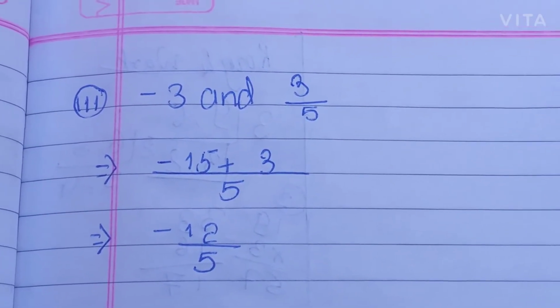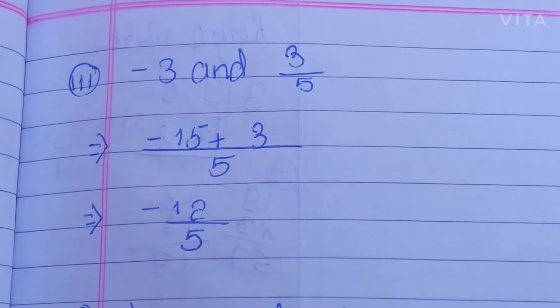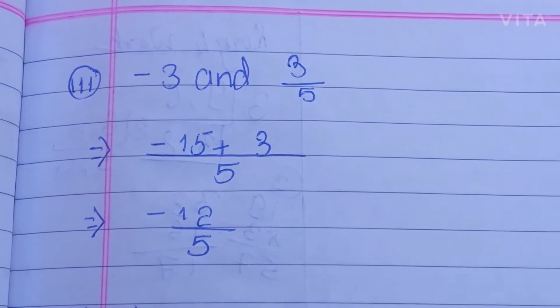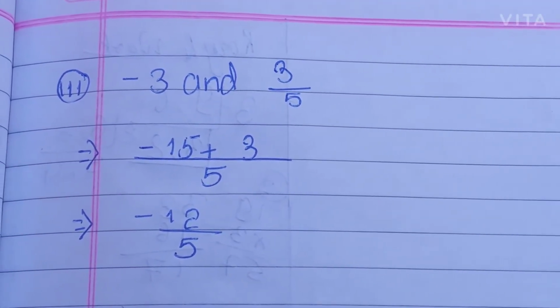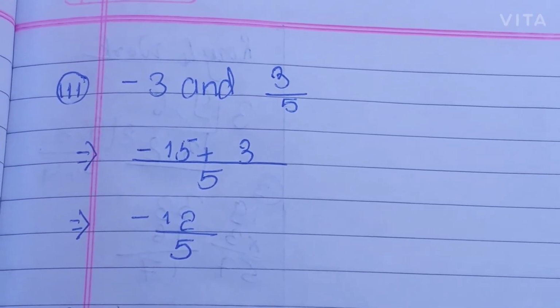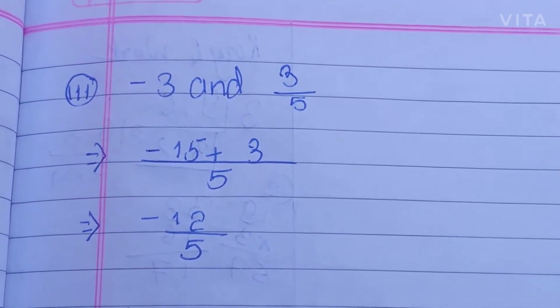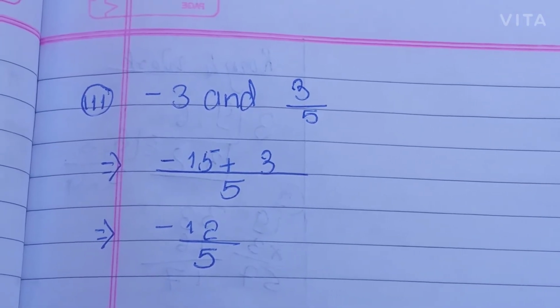Here it has been told to add minus 3 and 3 by 5. Here, as you are thinking, when we have the same denominator, then we'll make them common. So if we have the same denominator, can we make it common? So no. All the denominators are made common. So here we don't have any number beside the minus 3, so that means it has 1, and the LCM of 1 and 5 is 5 only. You can check it by making it. I've given you the process earlier.